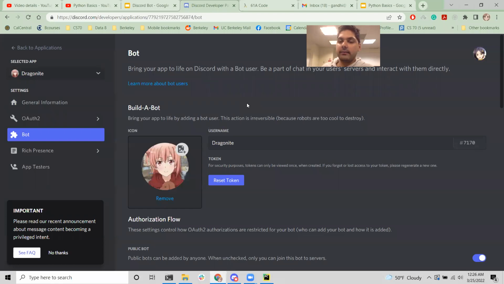When you have a bot, the token is basically the ID, or the secret password for it to run, and the token you need to store in a file for it to run. You can't just share the token with anybody. If you upload your code to GitHub, you don't want anybody to be able to see your token. The token should be in a private file, and if somebody gets access to your token, then they can essentially run your bot and do malicious, evil things with it. And so that's why we want to keep our token a secret.